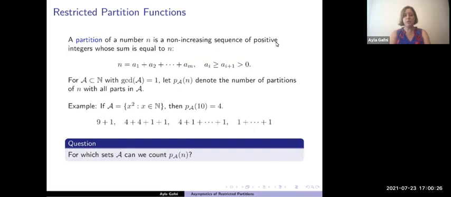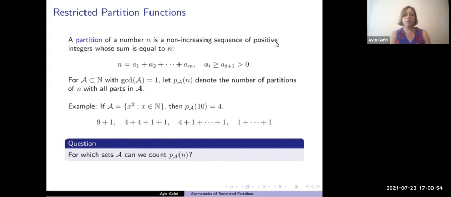Well, a partition of a number n is a way of writing n as a sum of other integers. We write it in non-increasing order, and for a restricted partition function, we're going to restrict to a specific subset of the integers. So take a subset A of the natural numbers, and the only requirement is that the GCD of A is going to be 1. And then we'll let PA of n denote the number of partitions of n where all the parts are coming